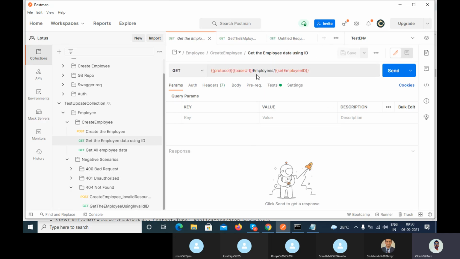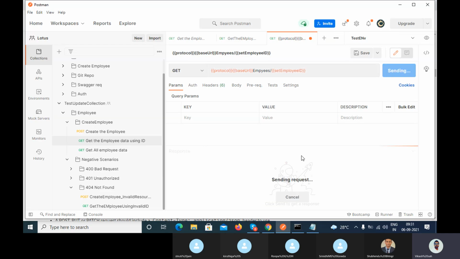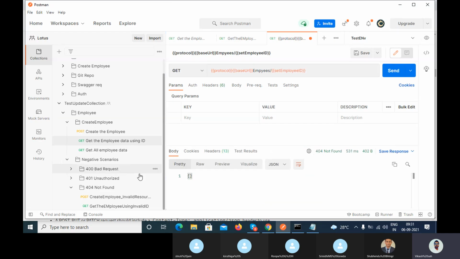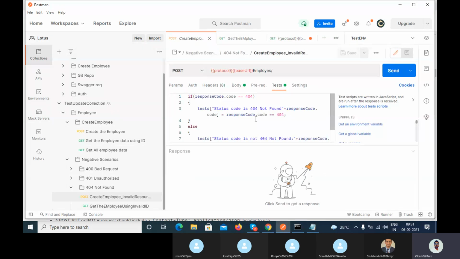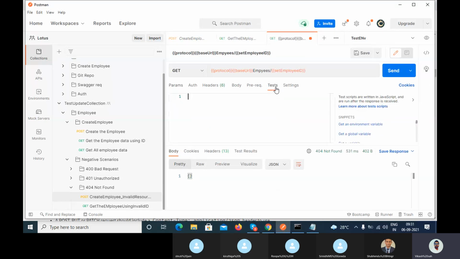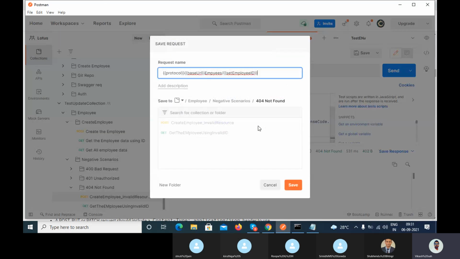Okay. So I will copy this thing. It's up to you how many request scenarios you can add here, guys. Okay, I have used the invalid one and let me call. You can see 404 not found. So let me copy the code from here and go here and pass it here, right? And give the name. What name can you put here? Get